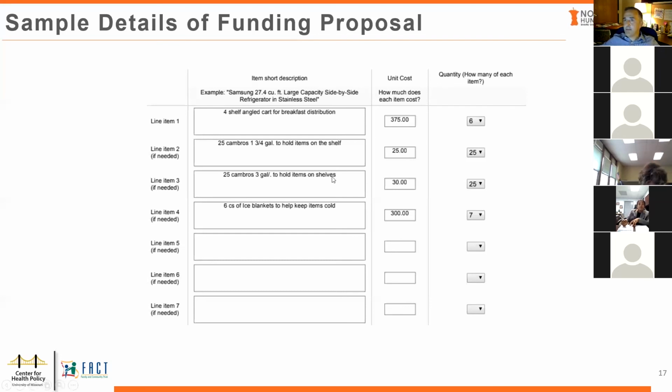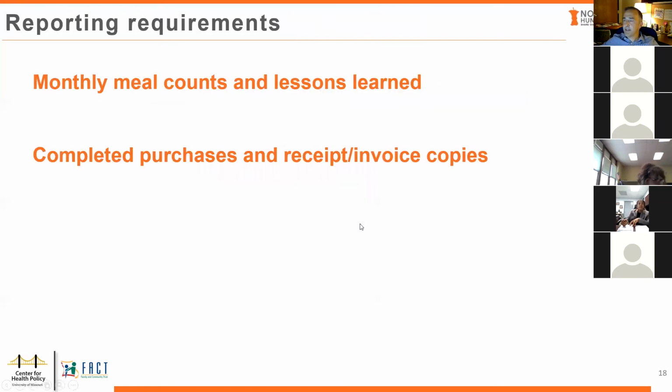Okay, so that's a sample of the details of funding. When you are awarded, awardees have two report requirements after award. First of all, if you've never worked with us before, once you're awarded the grant, you get the check. You don't have to purchase your items and be reimbursed. You get the check for the amount that we approved you for, up to $5,000 for both lines, by the